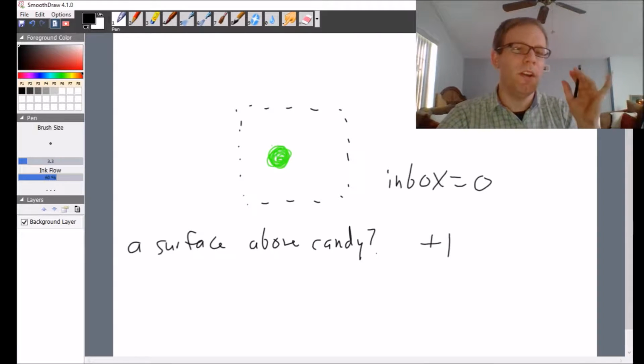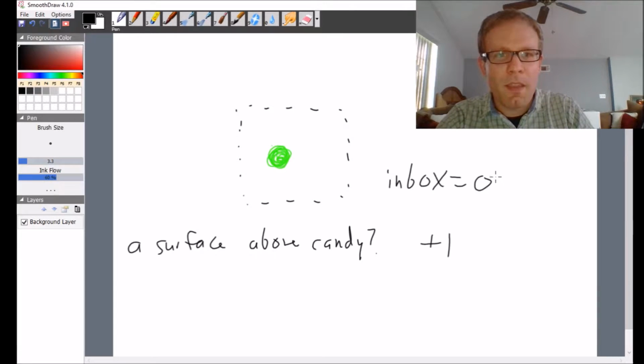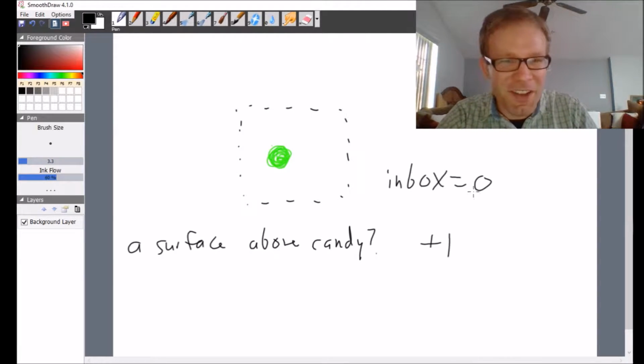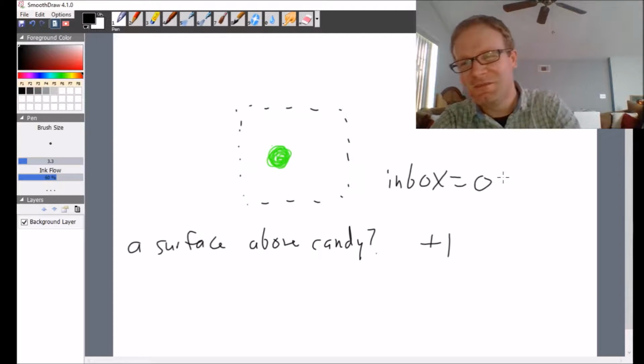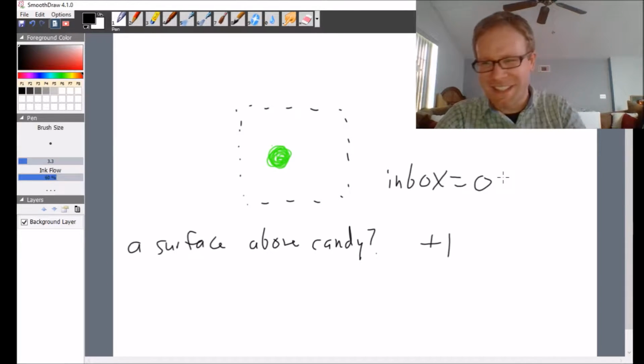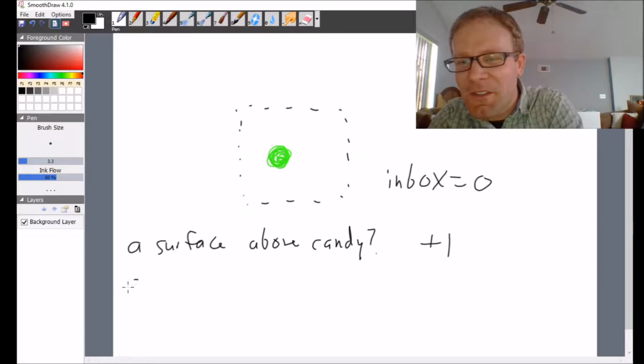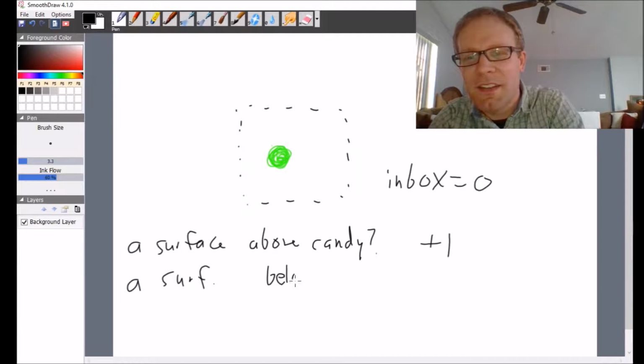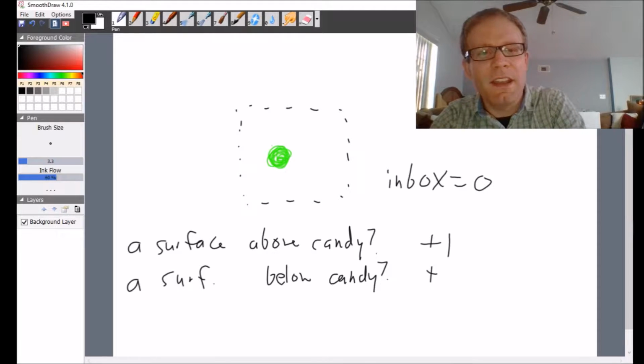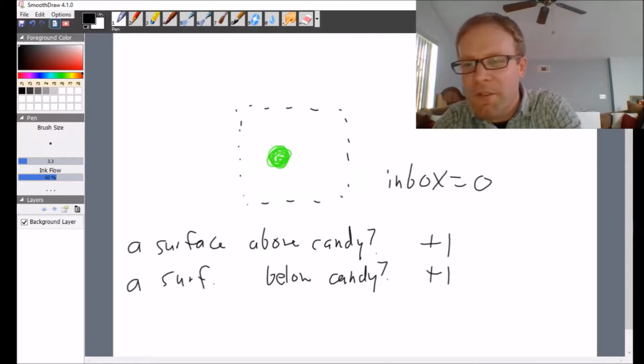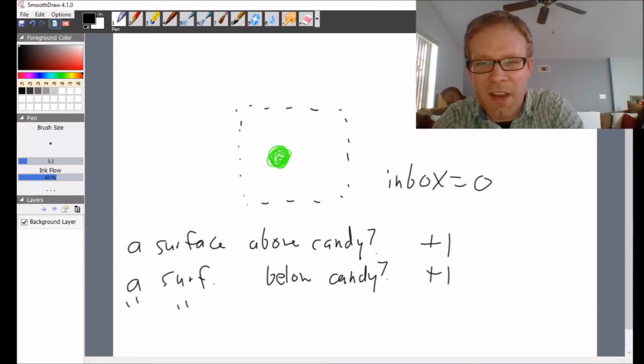So I'm gonna define a variable. Let's call it inbox. Yeah, inbox. So initially your inbox is empty. I'm gonna keep it as inbox because that's funny. If there's a surface below the candy, then you add another one. If there's a surface, this is getting repetitious now, to the right of the candy,